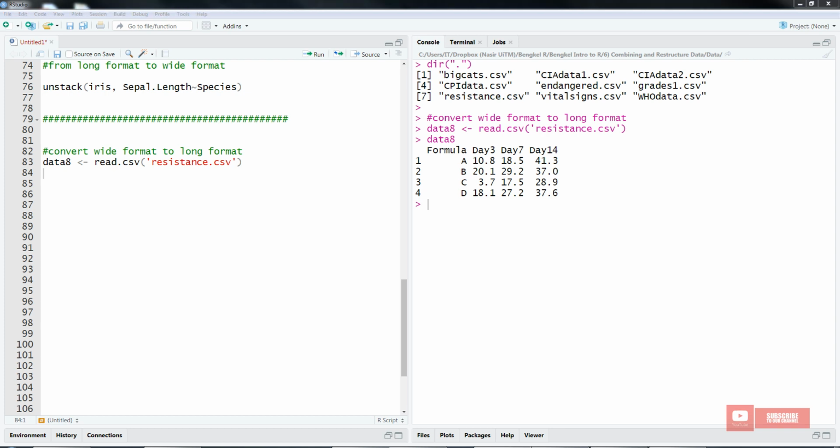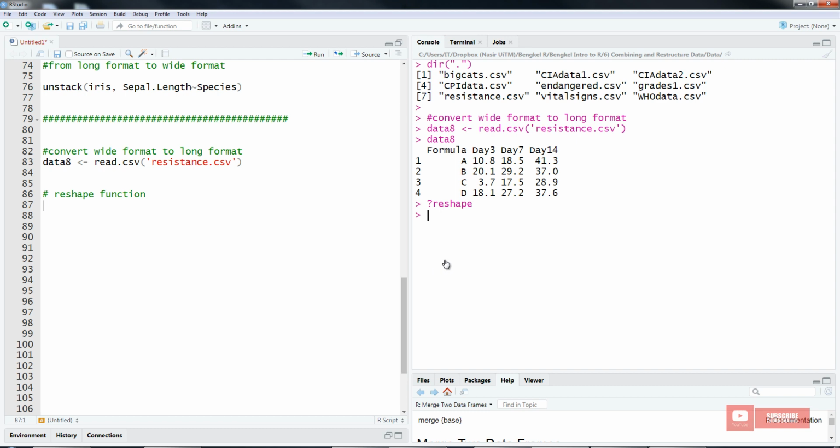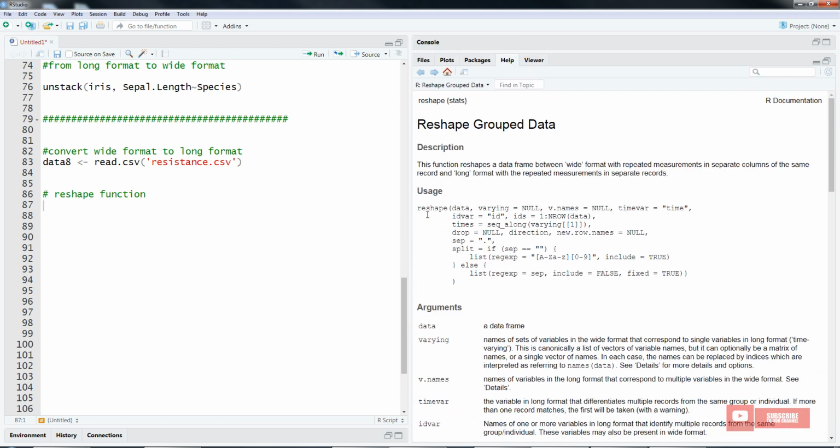So if you have a lot of variable dekat sini, you can use Reshape function. So kalau kita tengok Reshape documentation, the description of Reshape is: reshape a data frame between wide format with repeated measurement in separate column of the same record, and reshape long format with a repeated measurement in separate record. So kita tengok dekat sini, dia punya function is reshape. The first argument is data, and